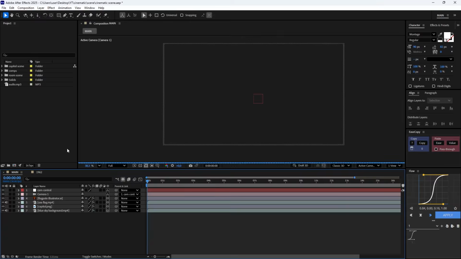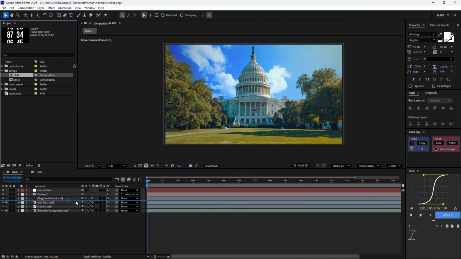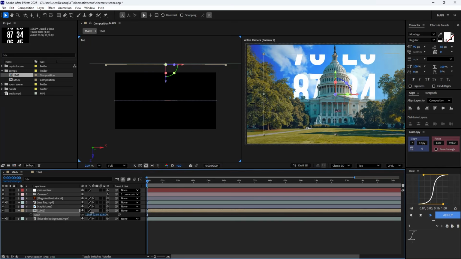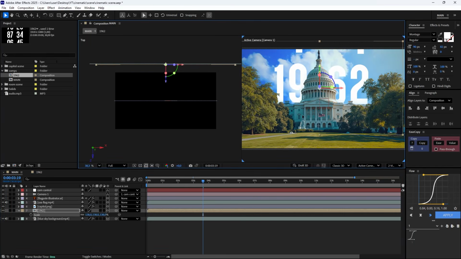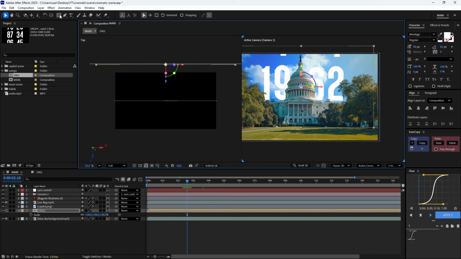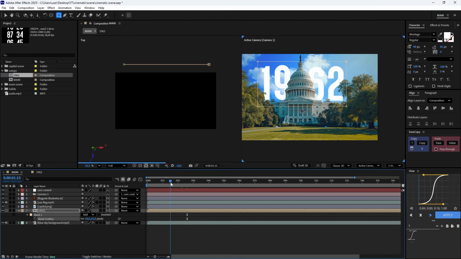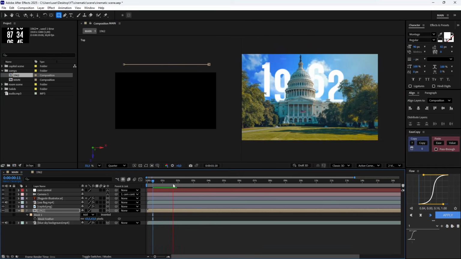Now go to the main comp, drag 1962 here, make it 3D and place it near the sky on Z position. Adjust its scale. Select Rectangle tool and create this mask around our numbers. Feather it. And if some numbers are fully hidden by the building, or if you don't like how they're standing,